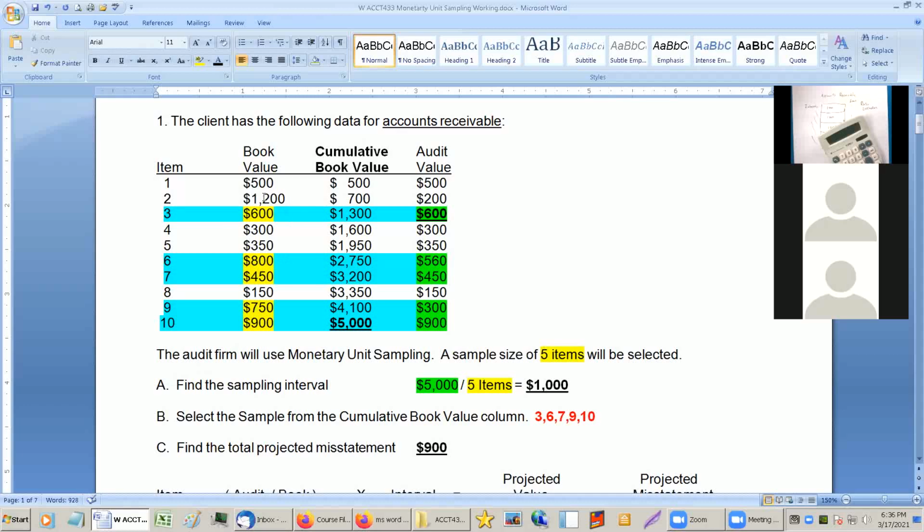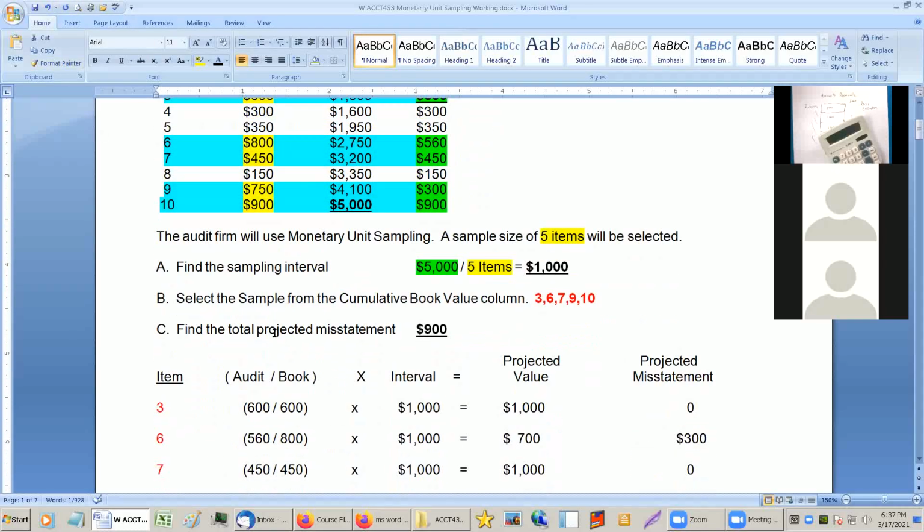So item number 2, let's say that the management's doing a fraud. They added $1,000 to number 2, because they need to make it look better. How likely is that item going to get picked? 100%. Because this would go up to 1,000. If the item goes up to be more than the interval,